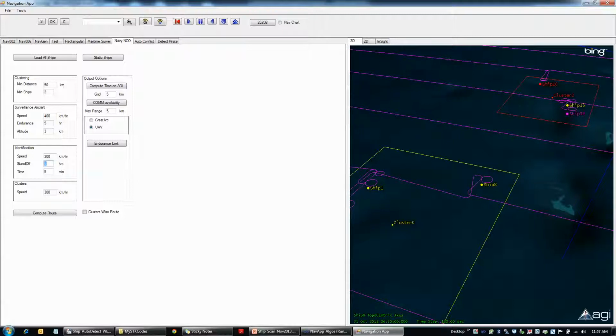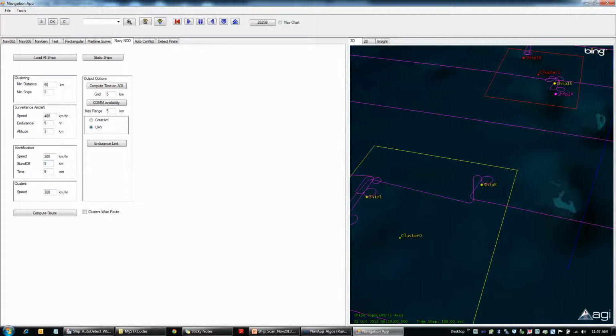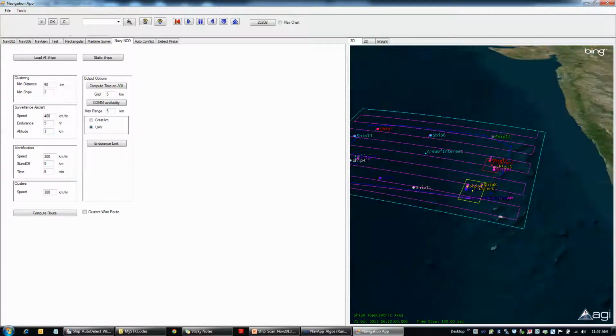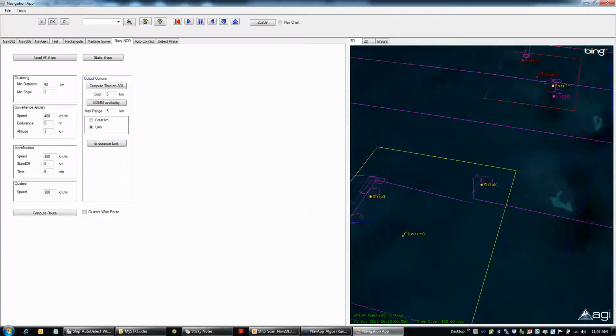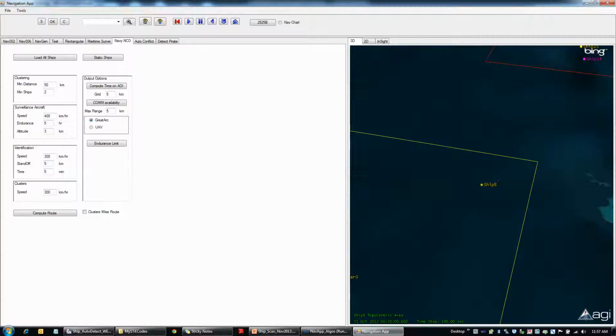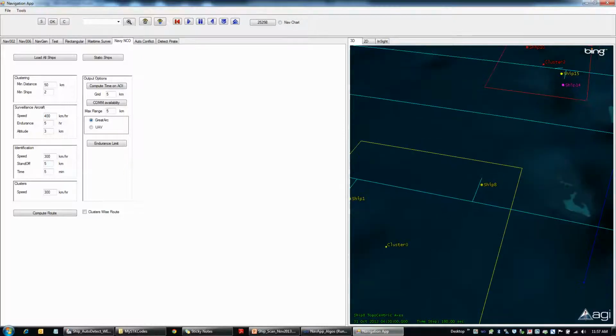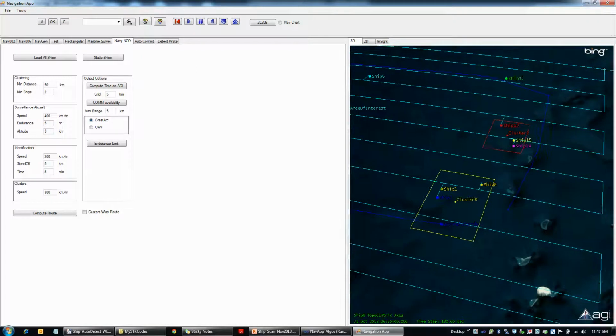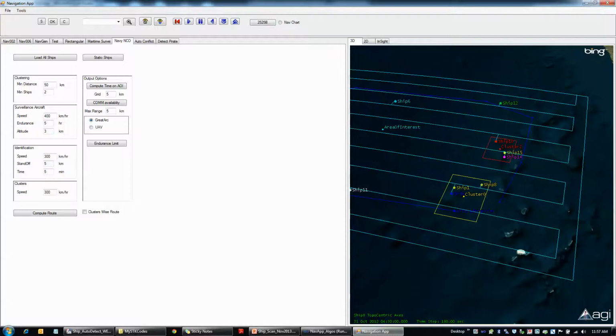I think this is meters. 5 kilometers, so that it stays away from that ship. So these are the two routes. This is basically the AMM route, and this is the Great Arc route that it has computed.